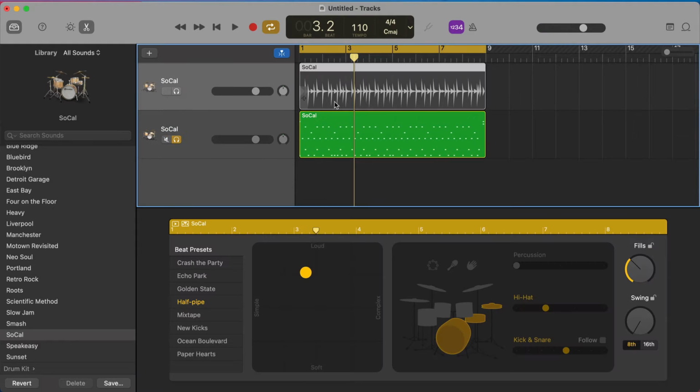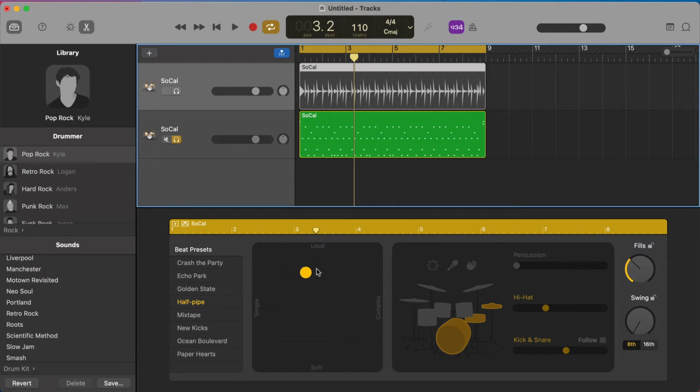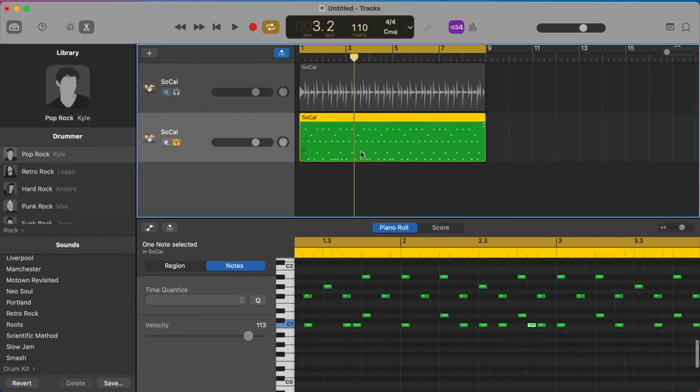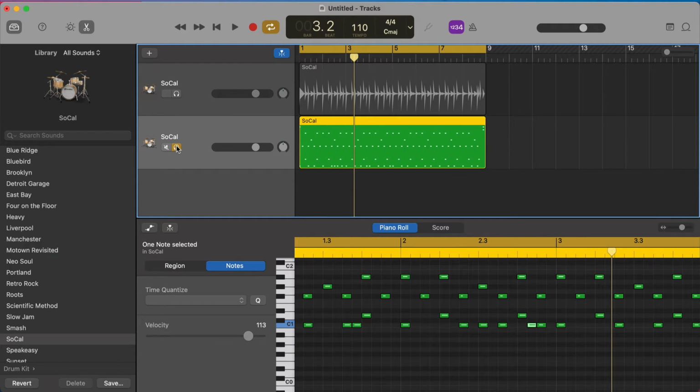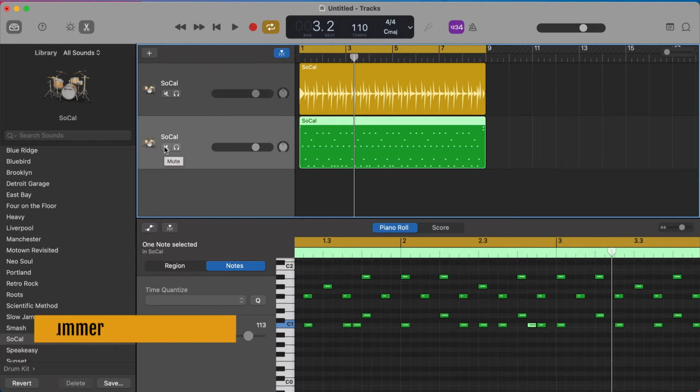Now, I recommend playing around with the drummer until it's nearly everything you want it to be, and then using this MIDI to customize it to make it exactly what you want it to be. Okay, that is trick number 1. You're going to see this come back in just a second, but let's go and talk about trick number 2,